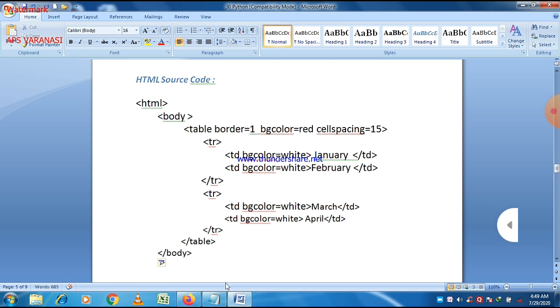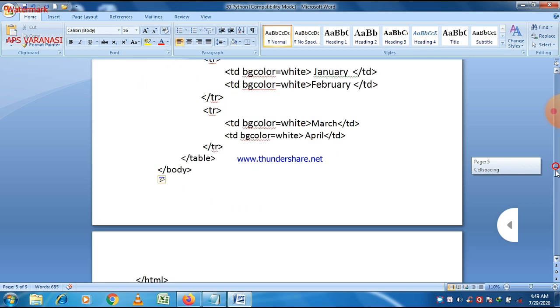So when we make a program in this way, there is much more clarity in terms of tags, and we can easily find out whether a tag is closed or not. So always write a program in this manner, and there is less possibility of making an error when you follow this structure.